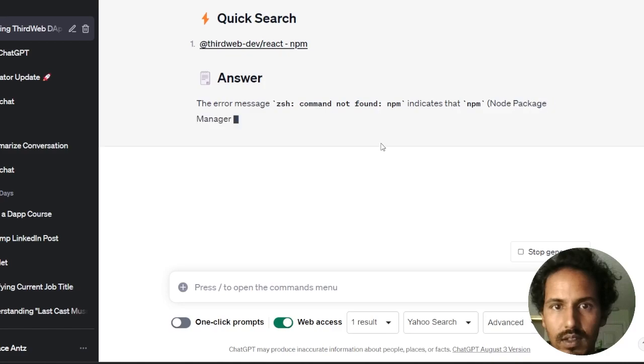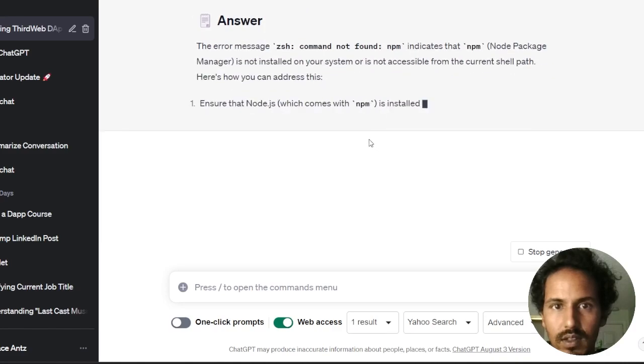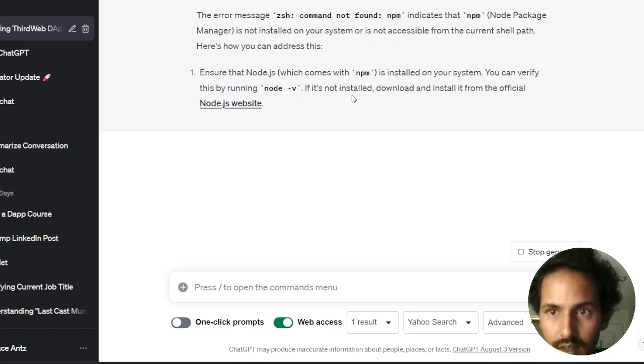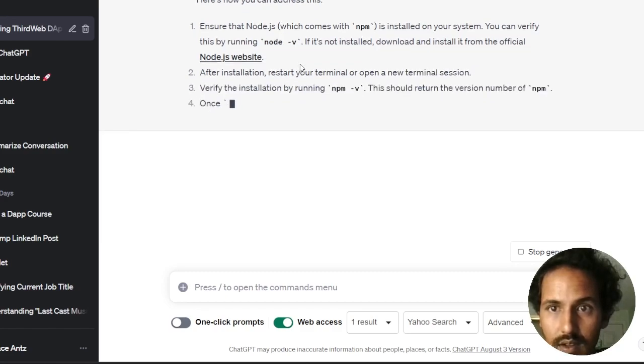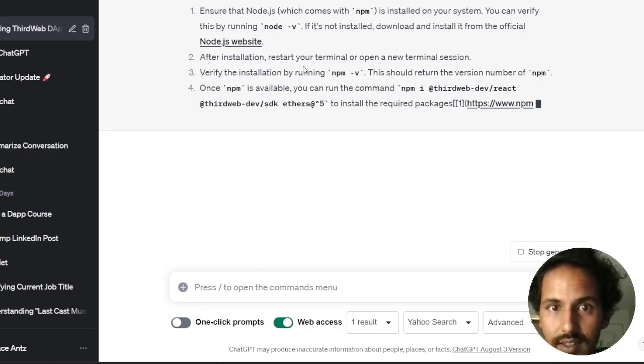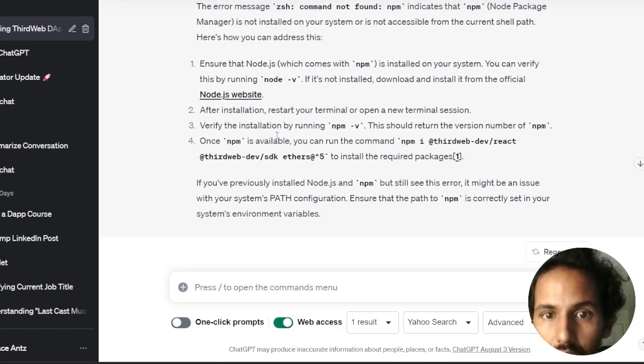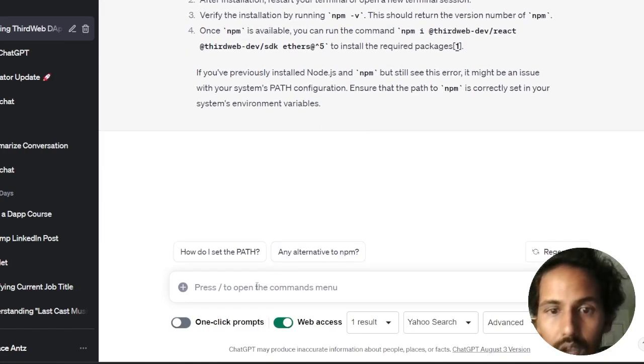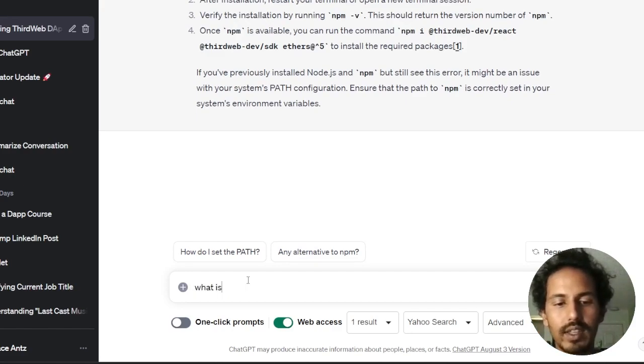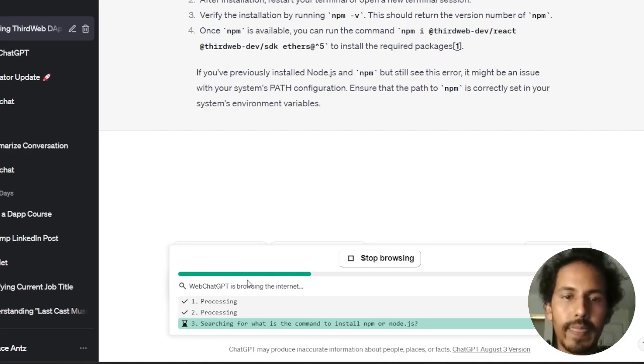Not found. Hold on, I wonder if I'm doing something wrong. Oh, we need Node.js. Right, npm -v. What is the command to install npm or Node.js?